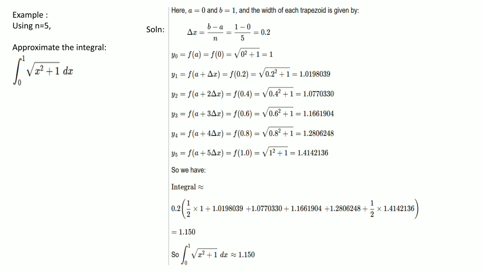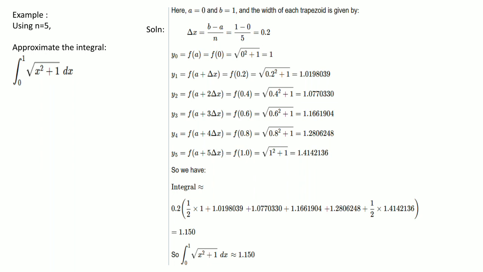You have to substitute the value of x as 0.2 in the function, that is the square root of x square plus 1, and you have to find the value of y1, which is equal to 1.0198039. Similarly, find out y2. Again add 0.2, the increment, to the previous value. So 0.2 plus 0.2, it is f(0.4). Replacing the value of x by 0.4, you are going to get the answer as 1.077330. Like this you have to add till your final limit occurs, that is 1.